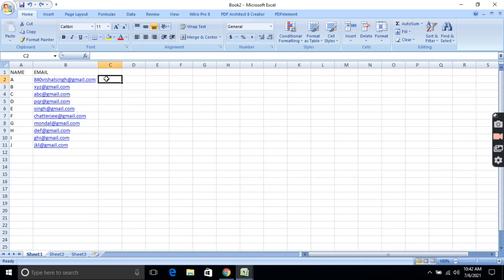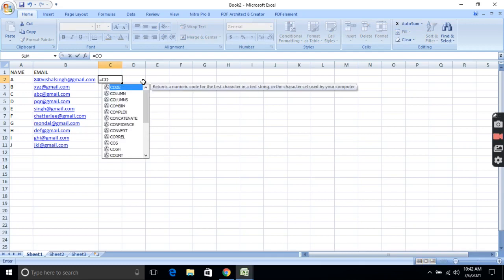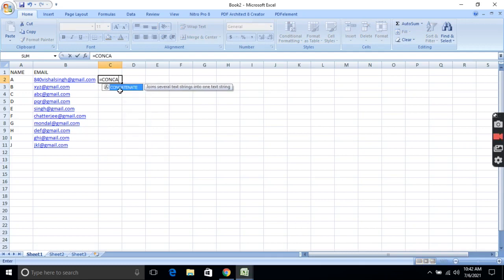You just click on this box, type equals to, then type the term CONCATENATE fully. Then start a small bracket, click on B2, then comma, double inverted comma, a vertical line, again double inverted comma, close the bracket, and press enter. One more time we need to apply the formula, and after that it will be easy for us.